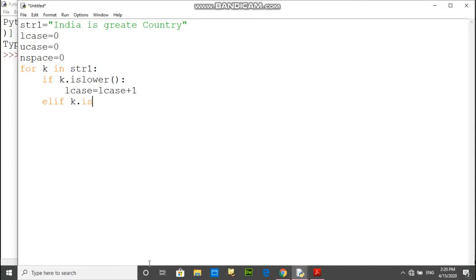If k.isupper(), ucase, meaning uppercase, equals ucase plus 1.